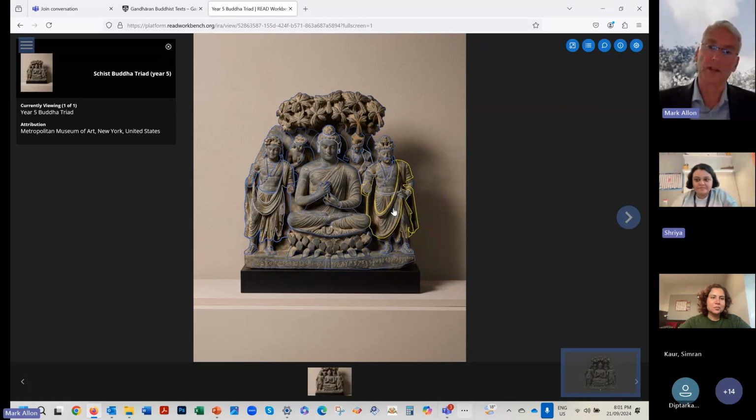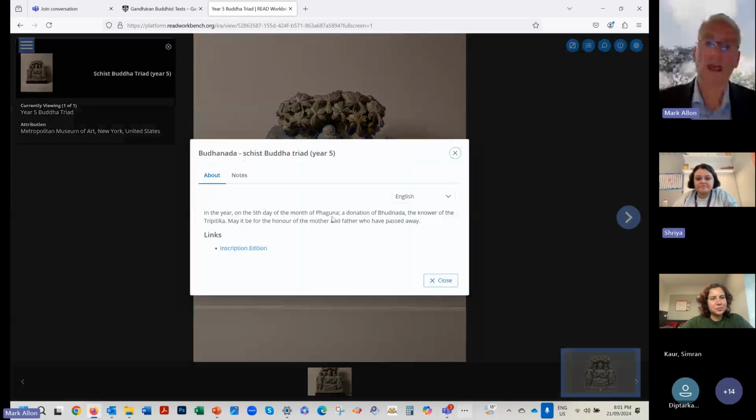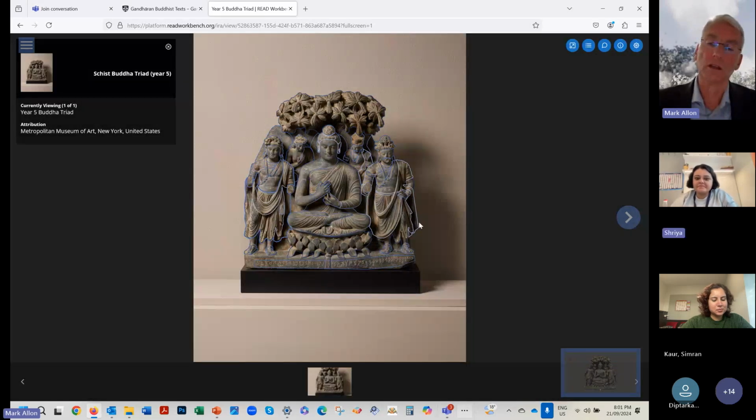It would be possible to have, say, an interactive display next to an object whereby you are clicking on something, and this will tell you. Now this is rather simple, but you can have it as complex as you want. What is the English translation of the inscription, and so on. So that would be a way of having within a museum a means by which your visitors could interact better with that object.